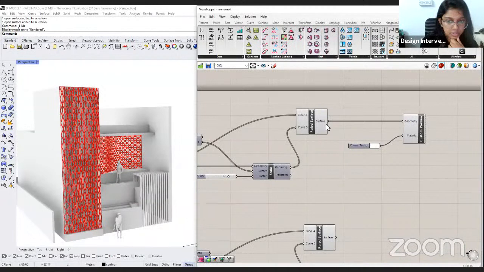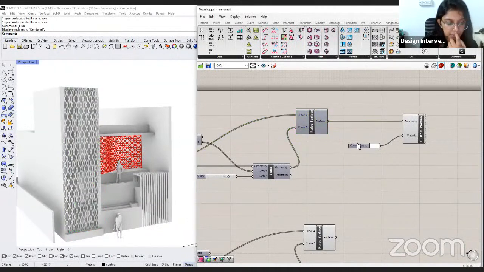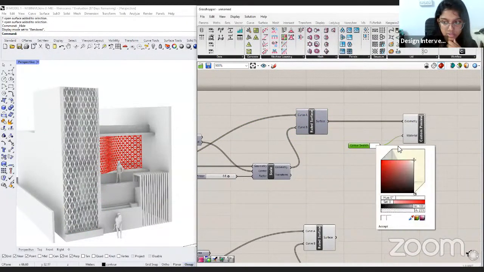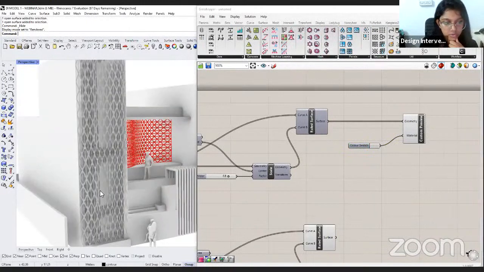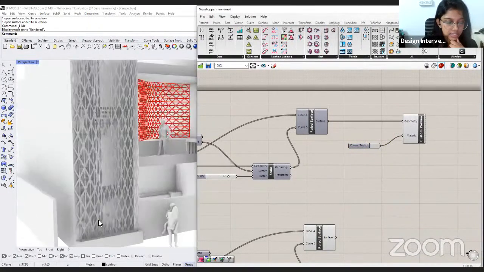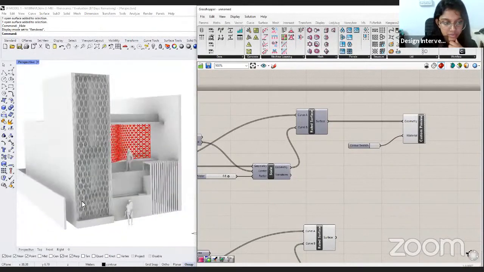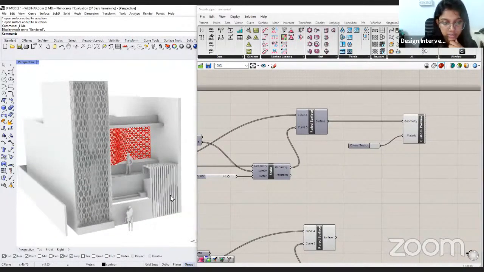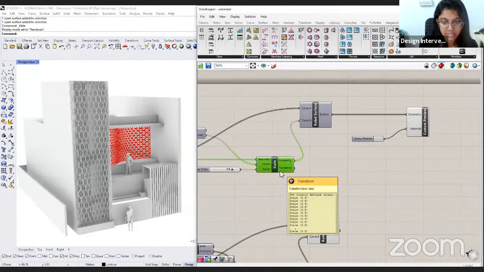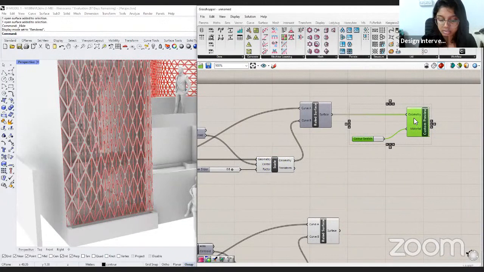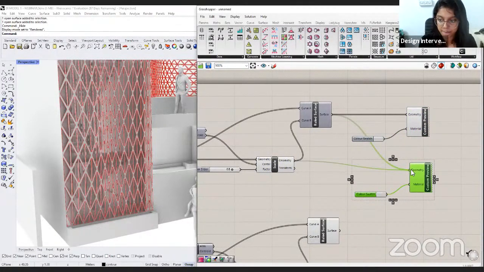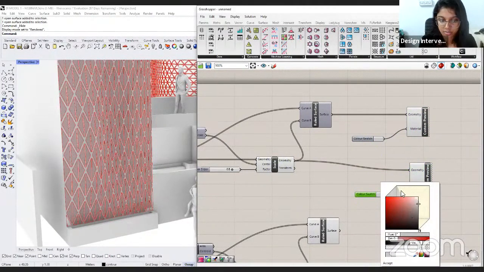And to see a better preview, again, hide the previous component. You can see it shows me in that specific color. So I can just change it to a slightly different color, hit accept, and it's going to look something like this. Also, I'm considering the insides to be open right now. If you don't want it to be open, let's say you want some kind of glass inside it, the scale geometry already has an inner surface. You can just create another custom preview for that and just change the color of it to maybe a bluish tone